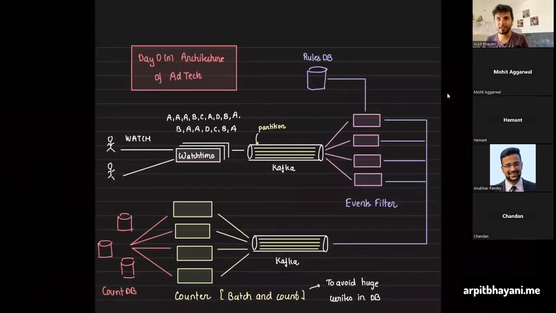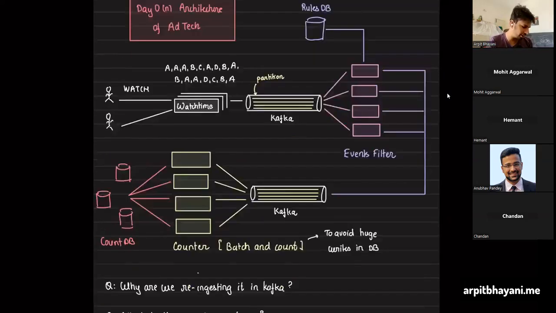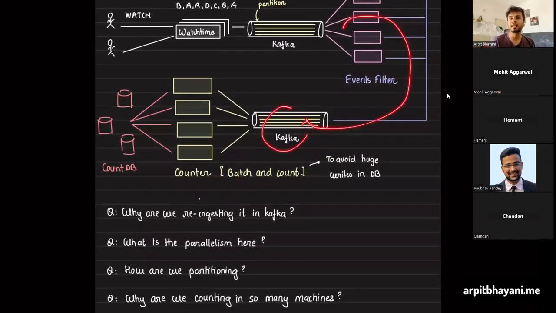And FYI, this is almost the day zero architecture for any advertisement technology business. I've had people from InMobi say this is exactly their architecture, copy paste. You would always have something like this: a lot of ad impressions, basically view events, coming into your system. You ingest them on Kafka. You have some filter in place that uses a rule engine to filter those things out. And you re-ingest those things in another Kafka, which then powers your other systems.